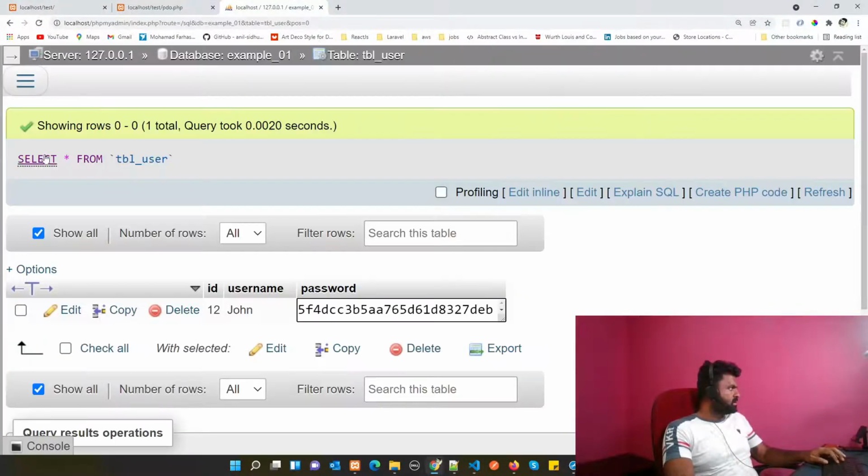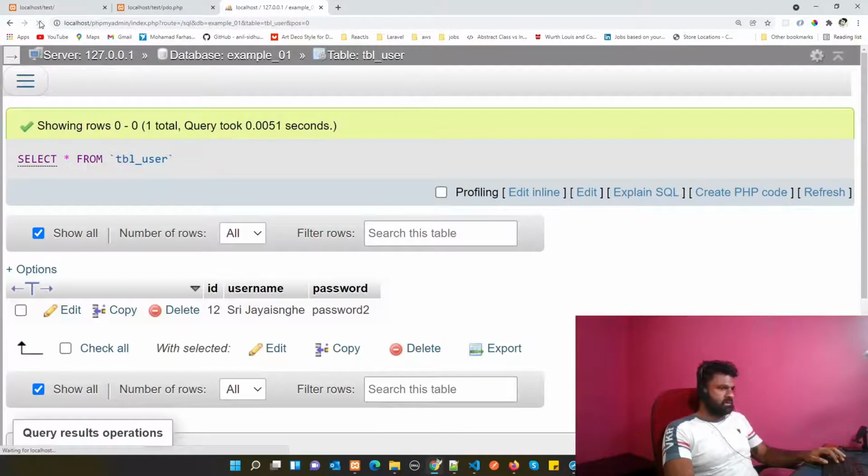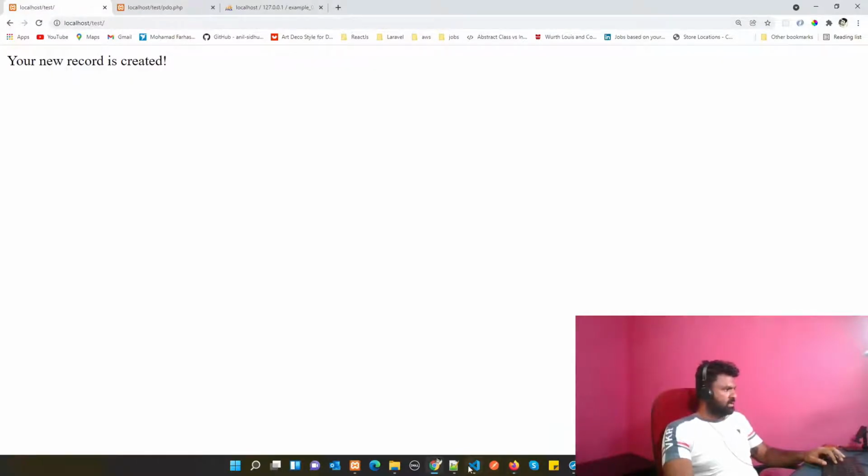Okay, it says it's successfully run. Let's refresh this. So refreshing, yeah, you can see it's updating. Likewise, we can do any update, delete, edit, or insert query using MySQL because we already established our